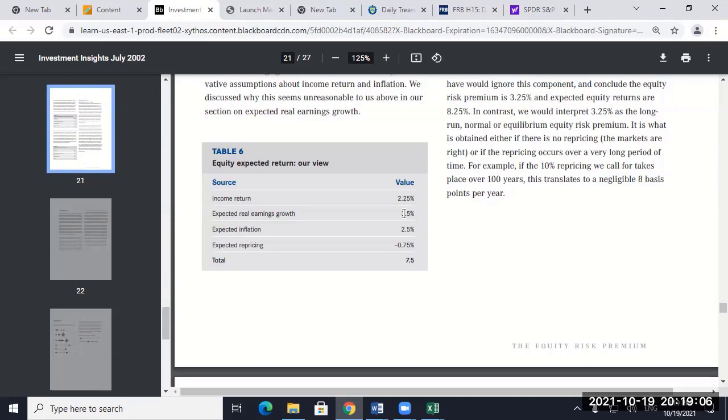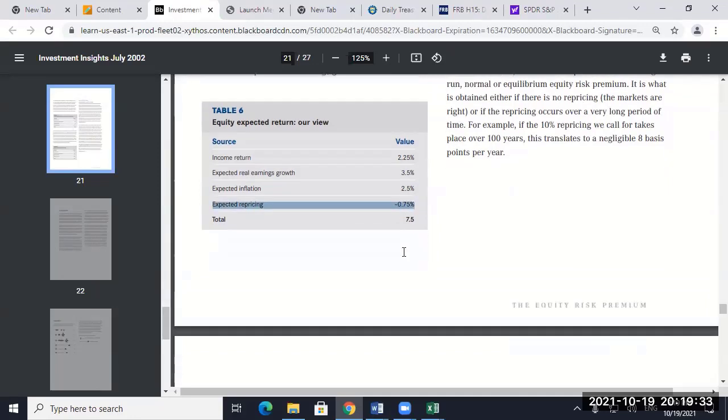Inflation, the Fed's targeting 2. This is a number you can actually get using that forward curve. You can do the forward curve I did on the nominal treasuries. You can do the forward curve on the TIPS. You subtract them, and that gives you what the market thinks inflation is going to be. So you can do that number as well. If you watch my YouTube videos, it shows you exactly how to do that. So they add those together and they get 8.25%. And then what did they do? So let's talk this. This is a good time to talk this.